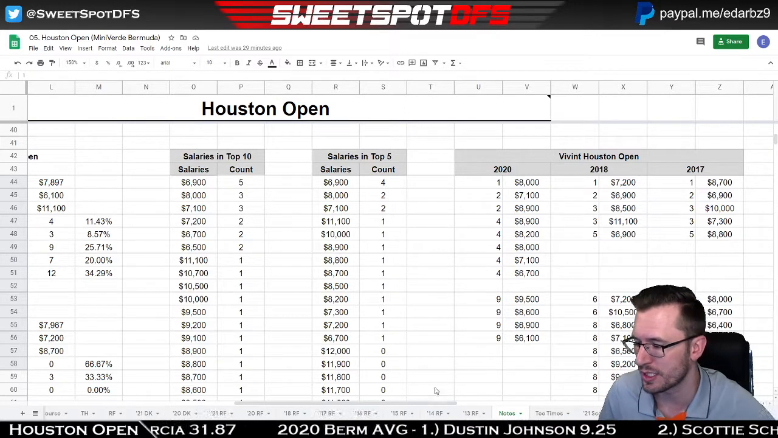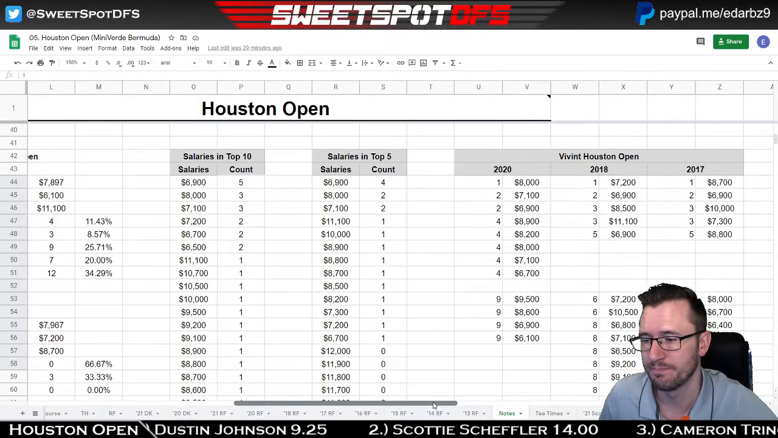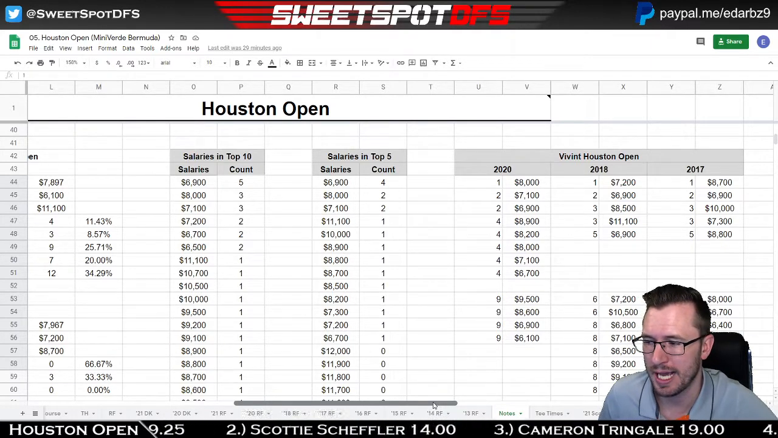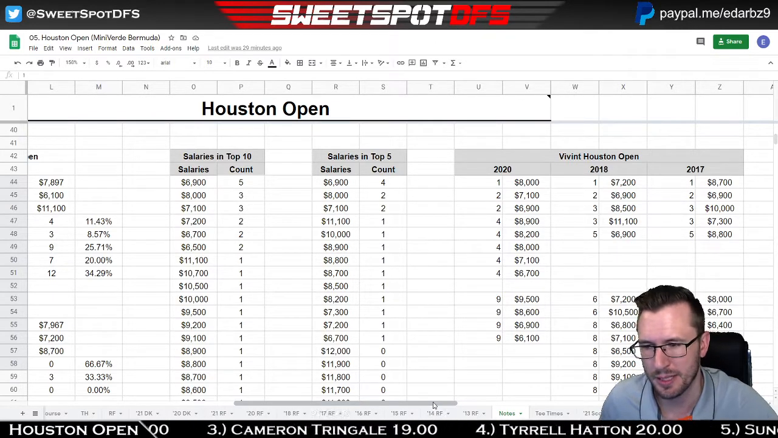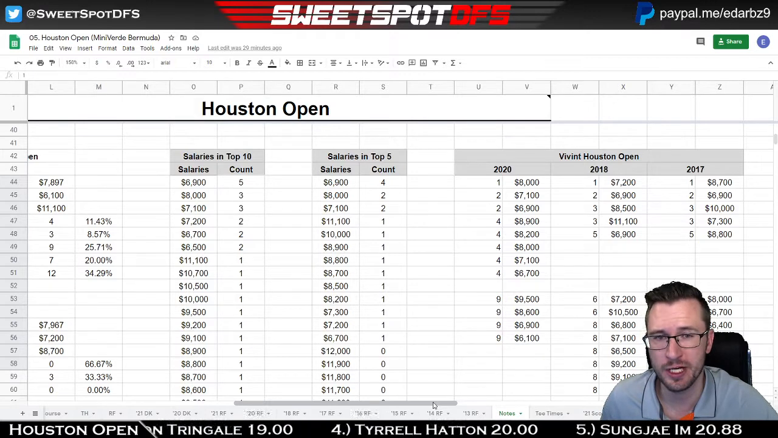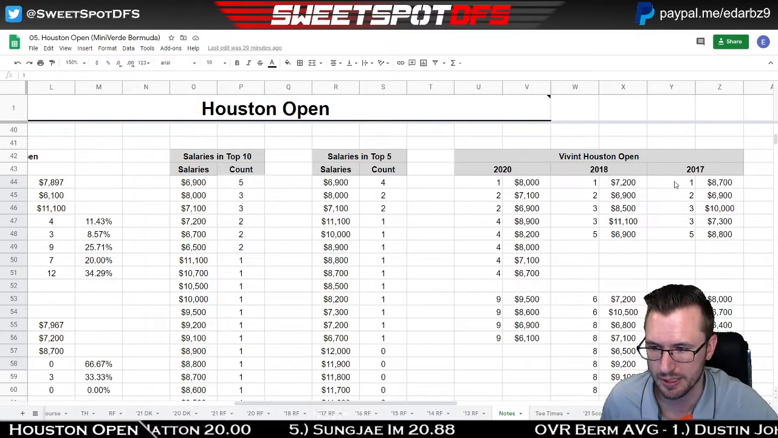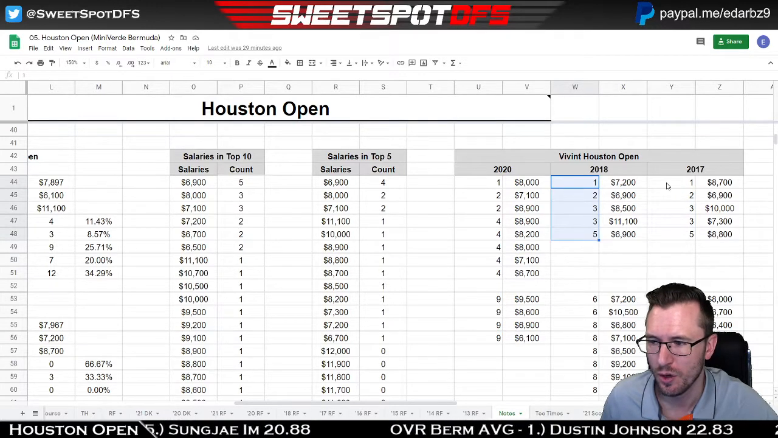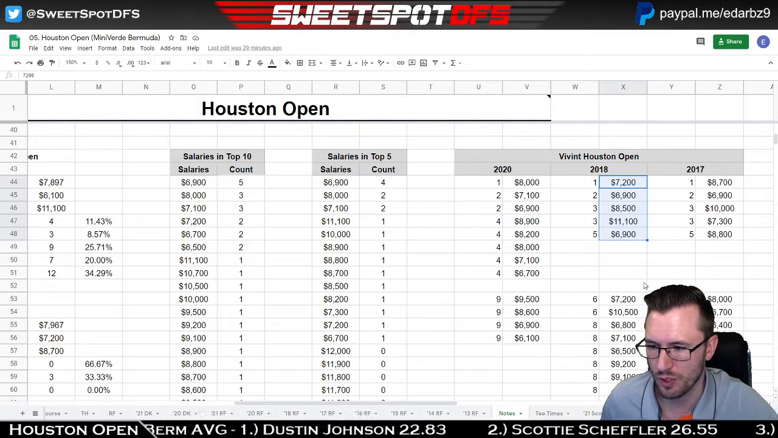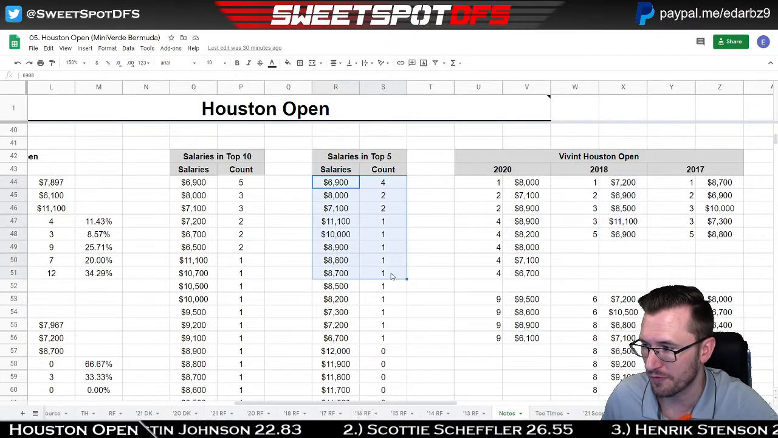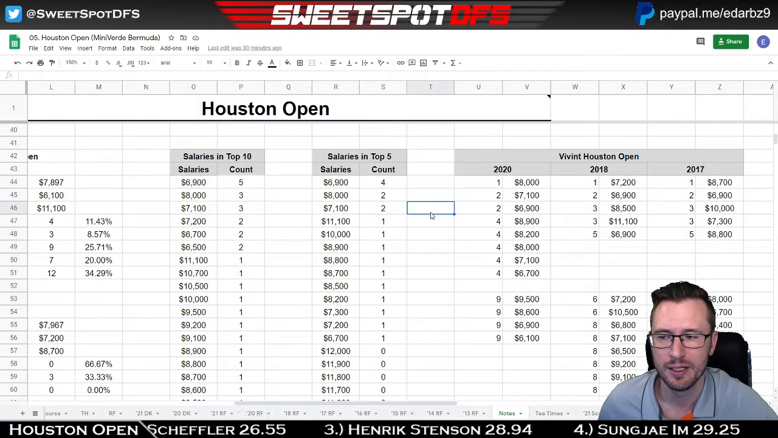So we're going to go to the next piece, which would be kind of a salary breakdown. I like to look at top 5 and top 10 salaries. Basically what that means is, of the golfers who finished top 10 or top 5, what were their salaries, and what was their place? So you can see what their places are here, what the salaries coincide with. You can see what all this looks like. I also do a count for top 5 and top 10. And this is really just to get an idea of